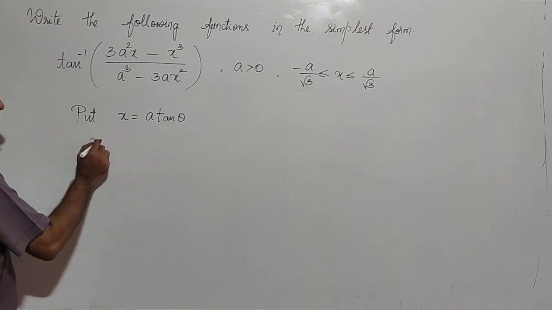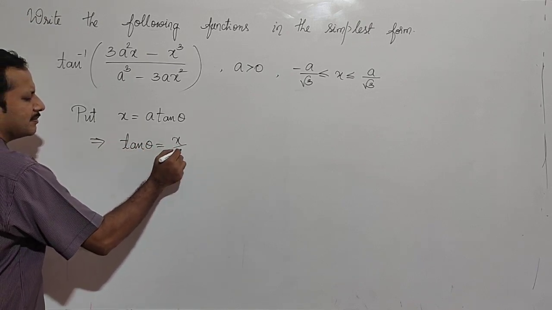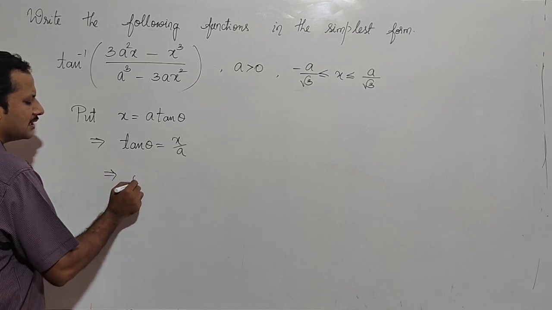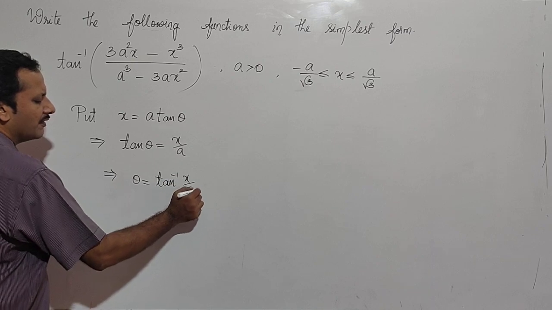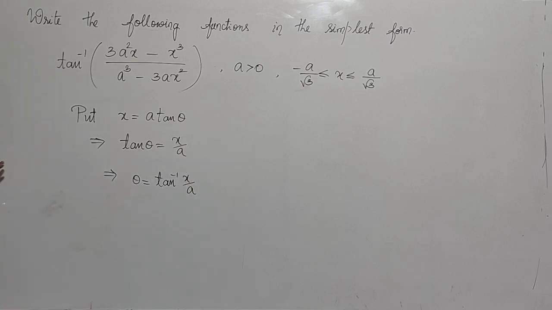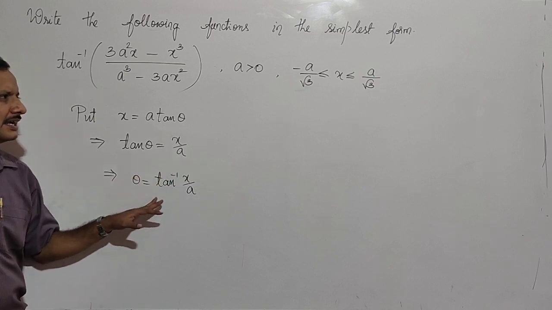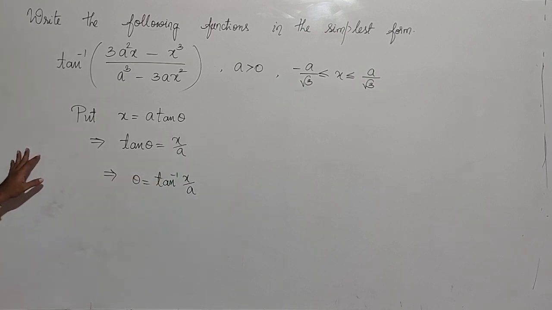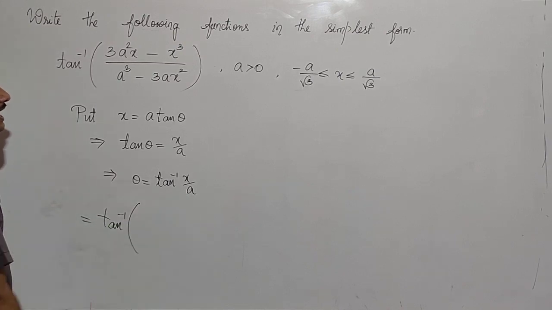That will imply that tan theta is equal to x by a, which implies theta is equal to tan inverse of x by a. So the given expression will be tan inverse of